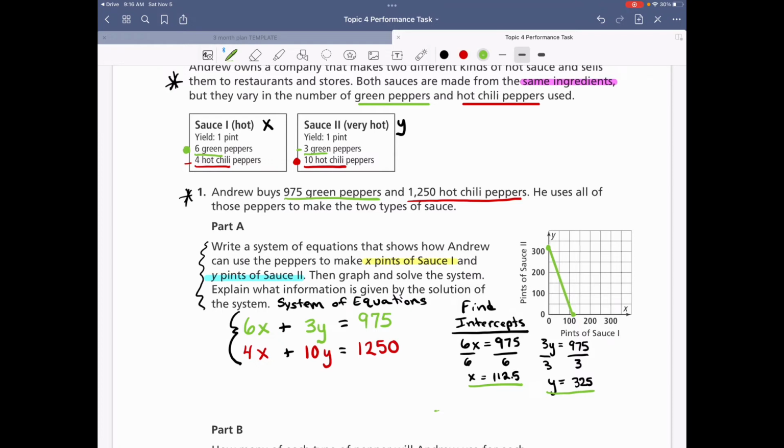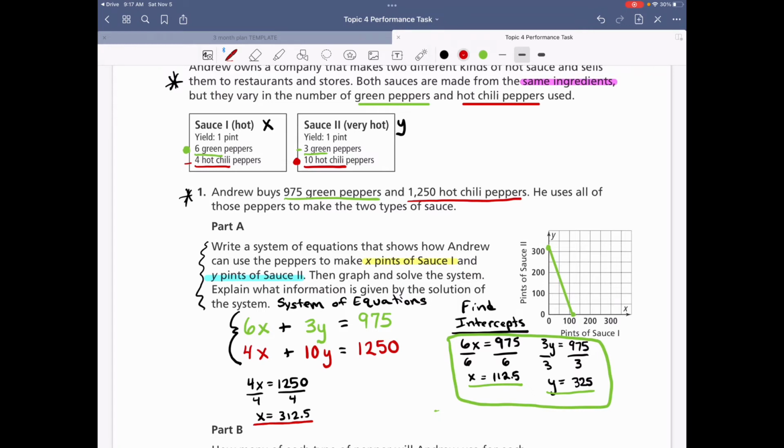Those are the intercepts. Now I need to do the same thing for the red. So this is just finding it for the green chili peppers. For the red ones, I'm still going to find the intercept. So I'm plugging in 0 to the y, and I get 4x equals 1,250. I divide by 4, and I get x equals 300 and something. Let me do this in the calculator. 1250 divided by 4, 312.5. And that means that for sauce 1, because sauce 1 was x,